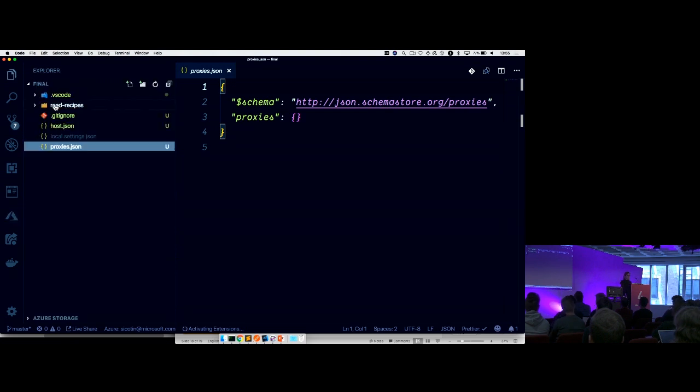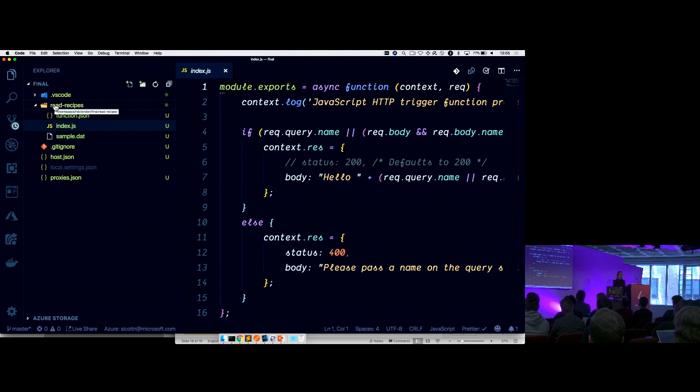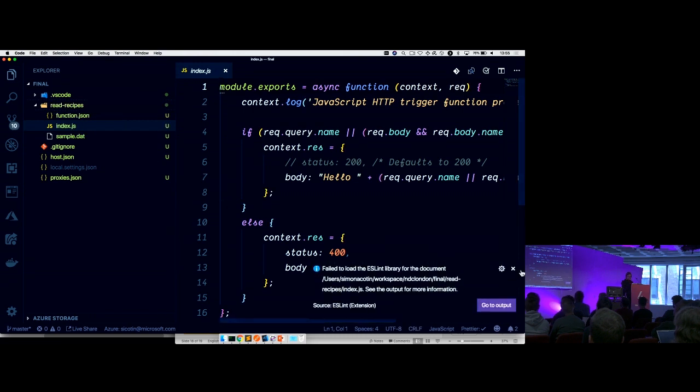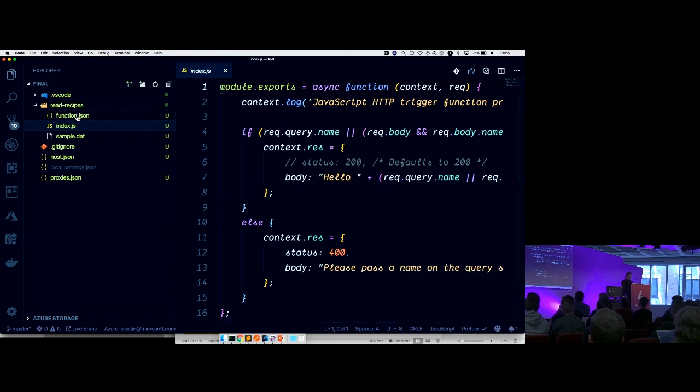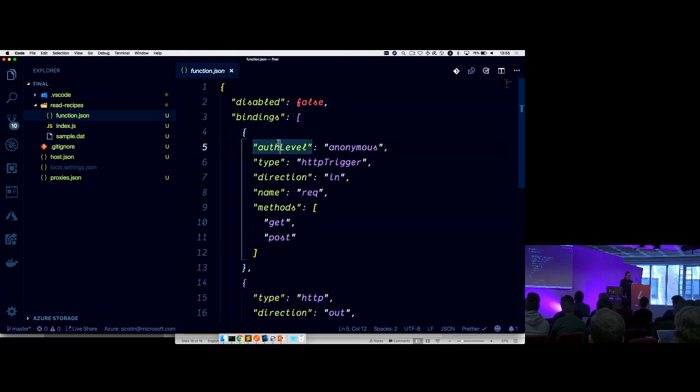And now we have a new folder that has been created, and that has the same name as the function that we've generated. Then function.json, this is where our function configuration is. So you see that we have an array of bindings, and we've defined two different bindings.